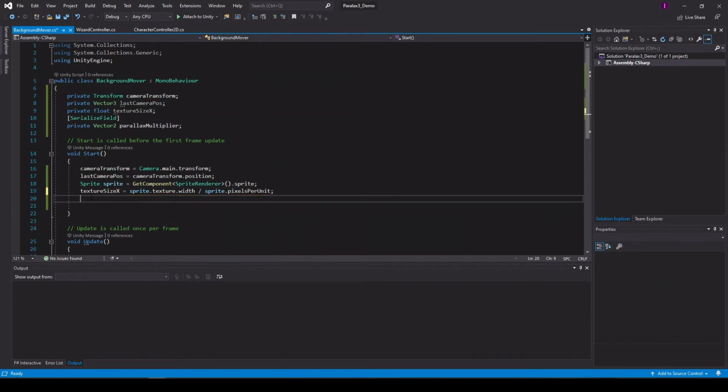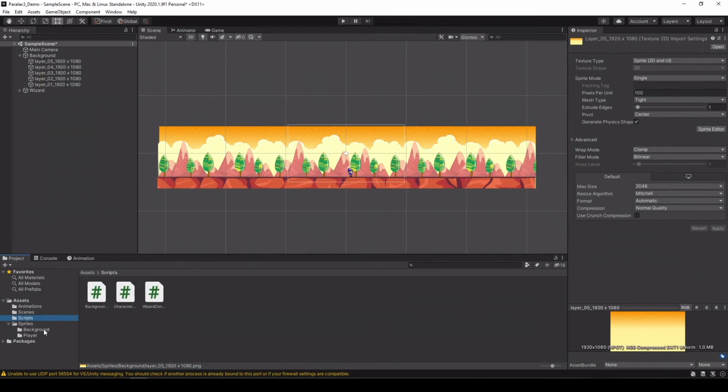So what this means is that we want to calculate the width of our texture, and we'll do it by taking the number of pixels in the texture, which is the texture width, and dividing it by pixels per unit. We can actually see it here if we go and select our sprite before it's imported into a game object,